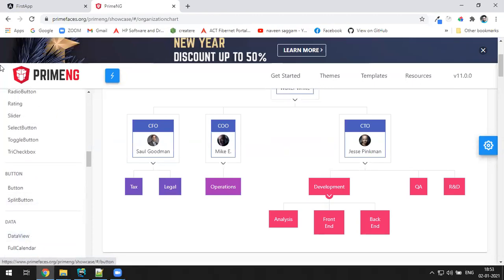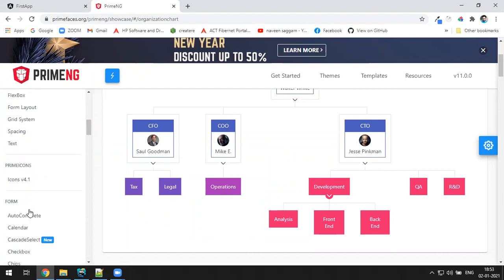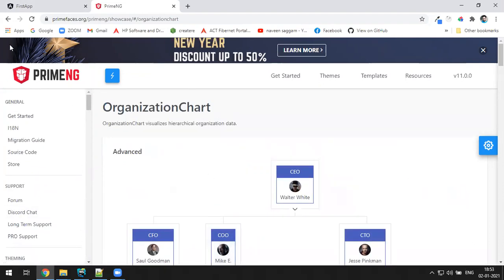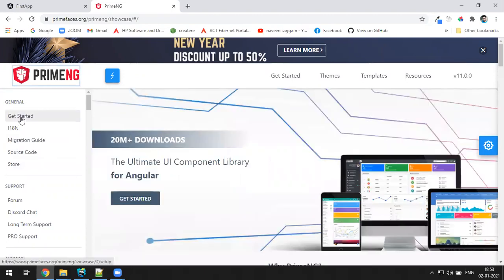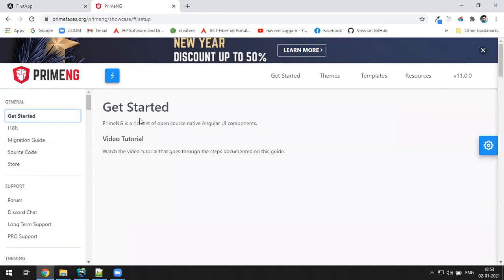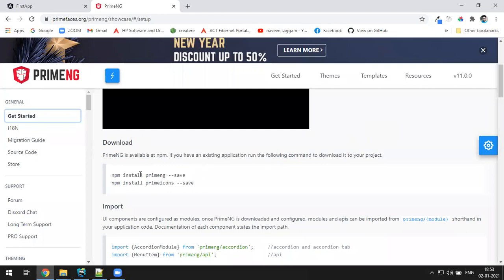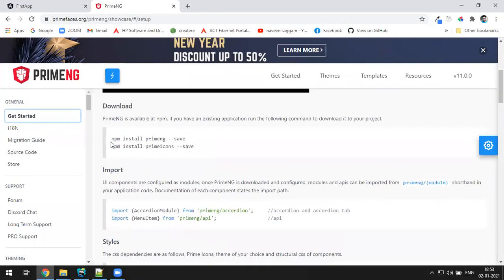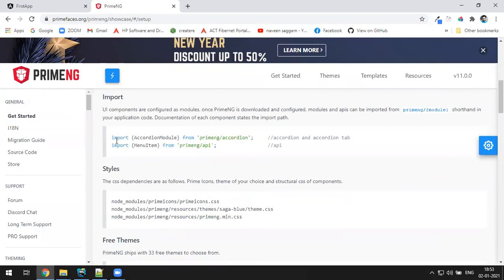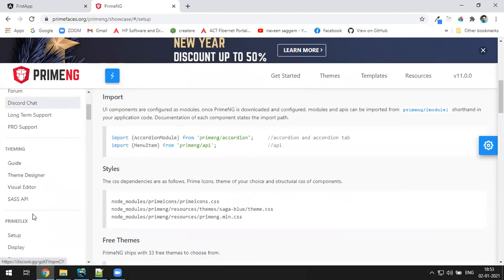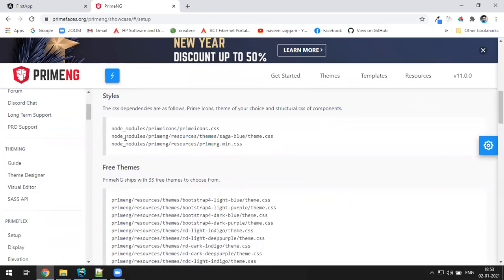Okay. So fine. Now, first of all, how you create the setup is important, right? So the Bootstrap configuration, right? So how to configure Prime NG? If you click on getting started, they'll give you a video tutorial on how to get started. Anyway, I'll be teaching you. These are the third-party modules you have to install: one is Prime NG and the other is Prime Icons, two things. And you can import whichever component you want to use. You can import that component into your application, and you can straight away use it.